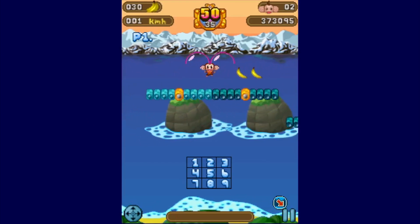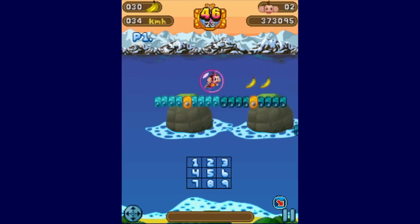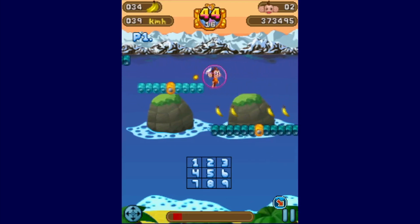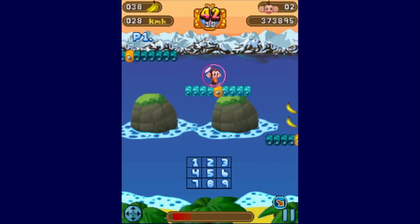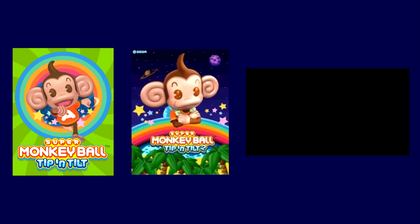As someone who likes novelty, I find 2 a bit more memorable, but find both games complement each other well, even if I prefer one's art style. With that, we've just about finished the early smartphone era. The only other feature phone-related content the Monkey Ball series would see was a Japanese exclusive port of Tip and